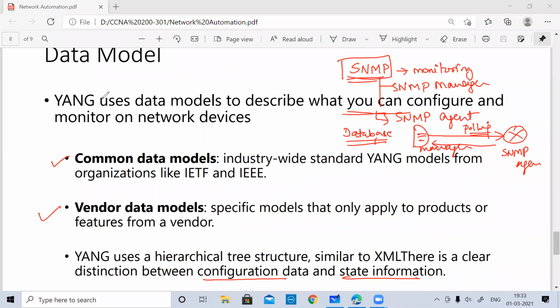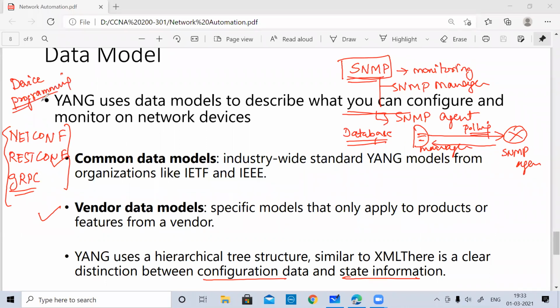And this is important, guys, when you are talking about device programmability, because you will come across the terms NETCONF, RESTCONF, and gRPC. This may be new for a few of you. These are device programmability tools, and they are going to support the YANG model.